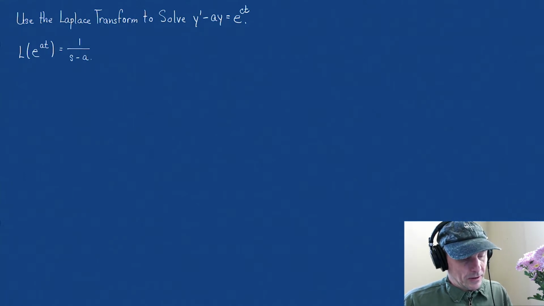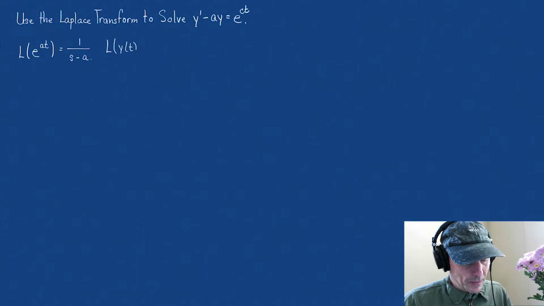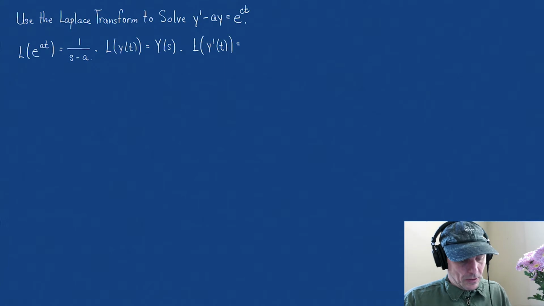We also said that the Laplace transform of some function y of t is equal to capital Y of s. And the last one, we said the Laplace transform of y prime of t is equal to s times capital Y of s minus y of 0,